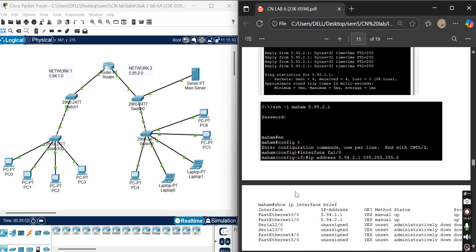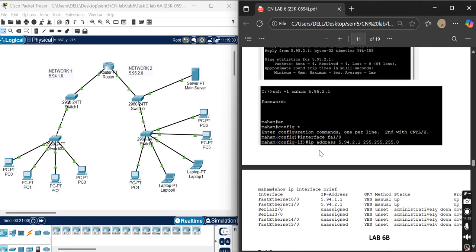Then I entered the configuration mode, and then I assigned the interface FA1/0 another IP address, a new IP address.